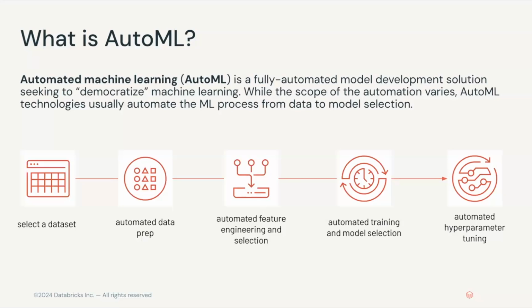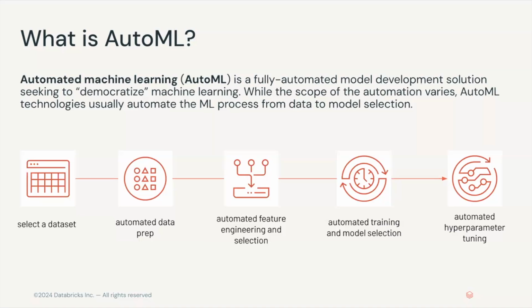So AutoML, automated machine learning. What it does is that it fully automates the entire model development solution so that people can quickly experiment on their data set and see how valuable their data set is. So the whole process starts with, of course, selecting a data set, then trying to do some sort of massaging of that data. After that, you want to do feature engineering around it, select the right features, and